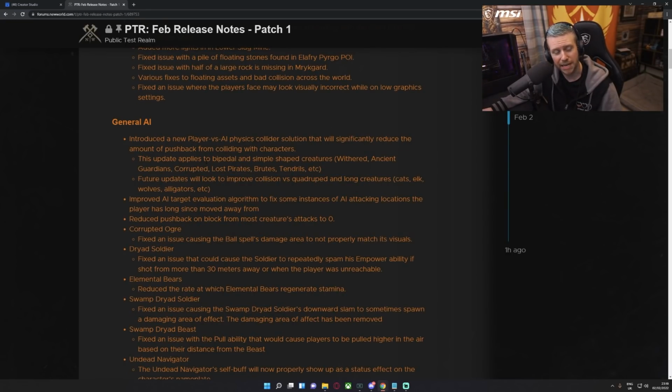Going into the general AI changes, there's some stuff that I think is pretty awesome in here actually, and it does get me excited. It's not new content, but it is going to make the current content much less painful. The first thing here is going to be great for tanks. They've said they introduced a new player versus AI physics collider solution that will significantly reduce the amount of pushback